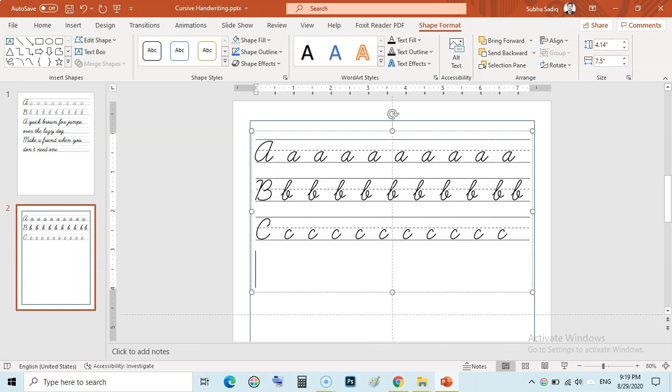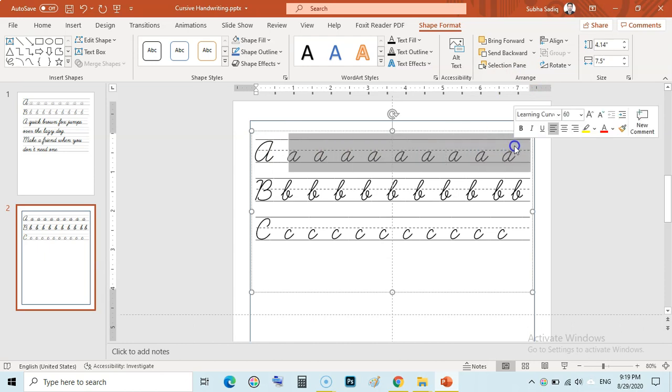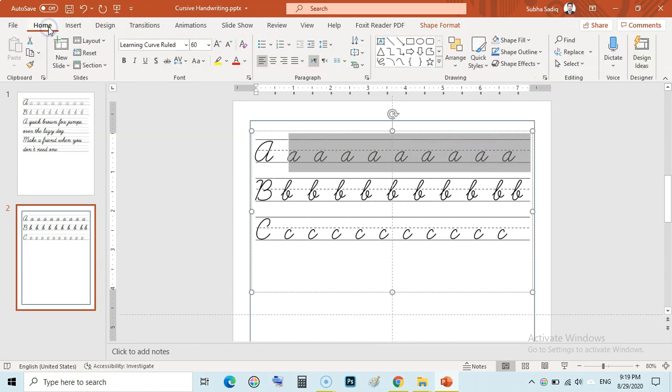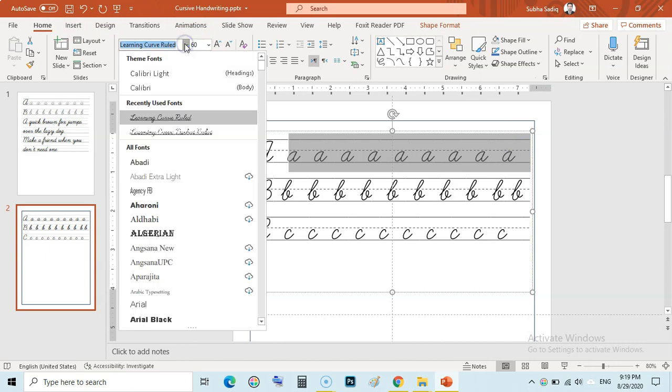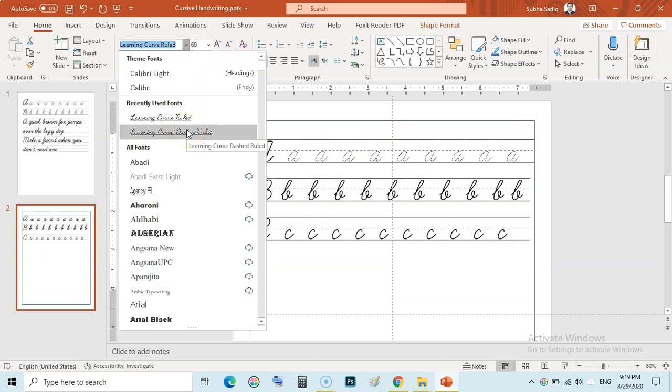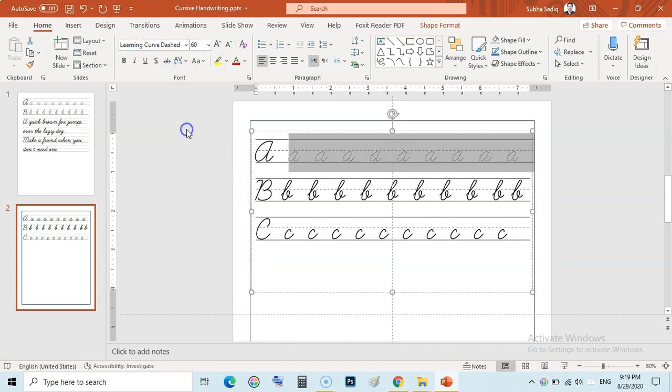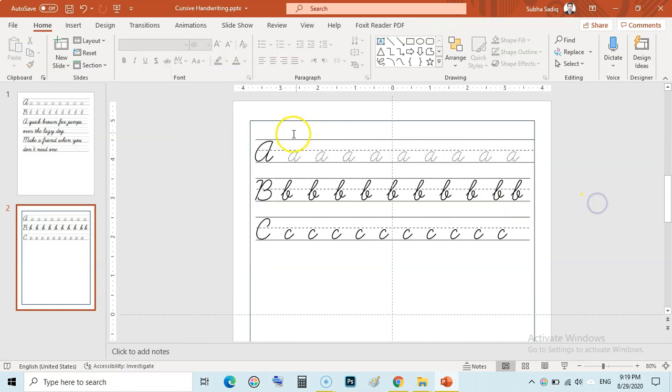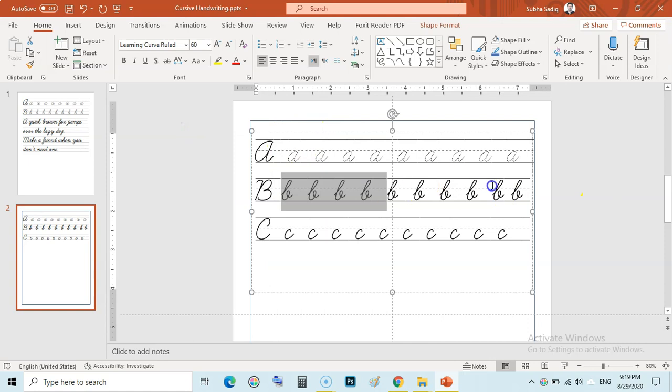So if you wanna make these dashed, just select them and then go to Home, and from the fonts click on Learning Curve Dashed Ruled, and the second letter will become ruled.